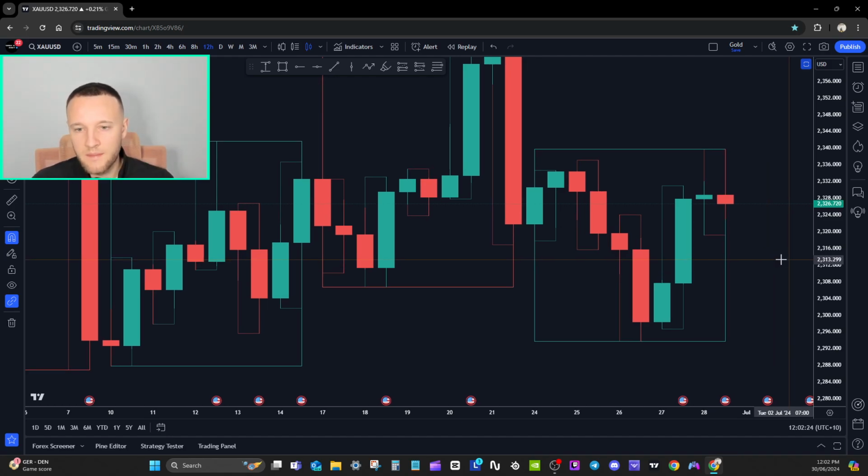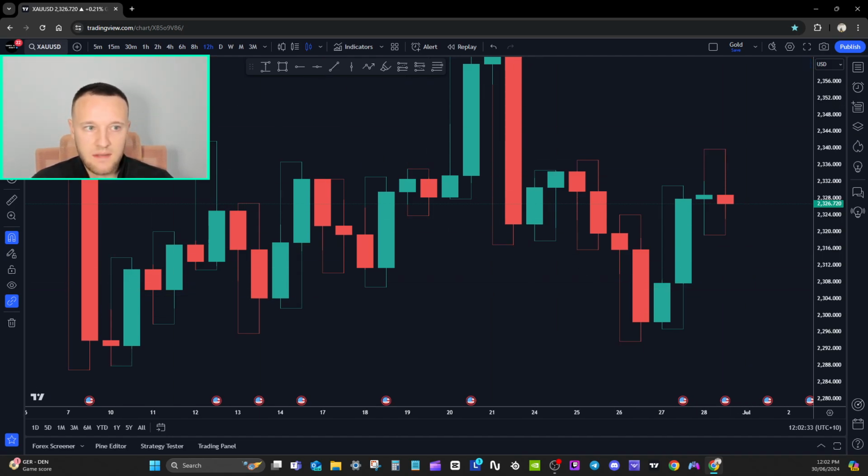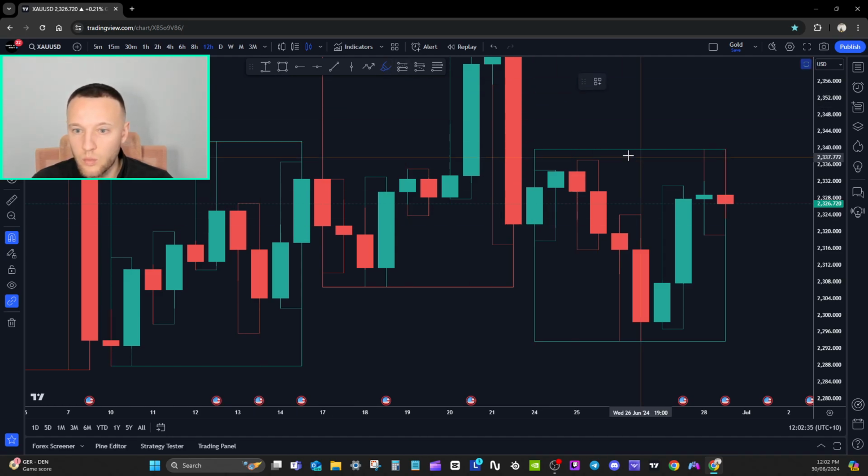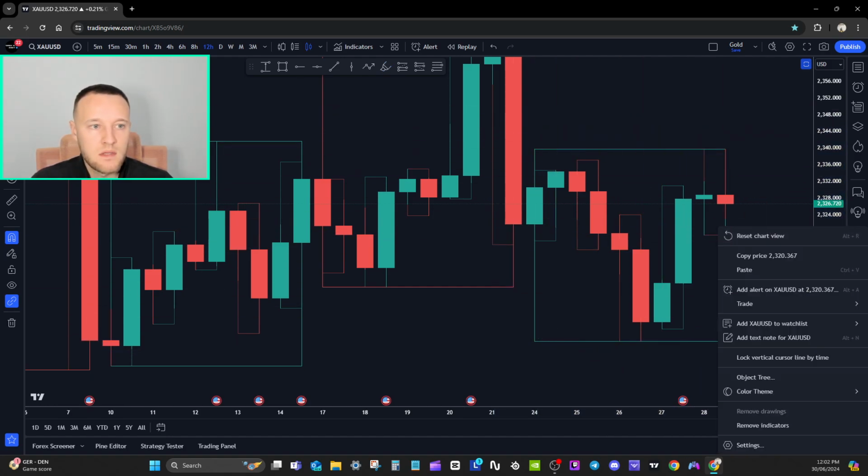So let's get into it. The first 12-hour candle of the day, right? I'm going to turn off the weekly. We don't actually need that. It's just to give us an idea of what happens within the weekly candle right here, right? All this 12-hour price action is within one weekly candle. Okay, so